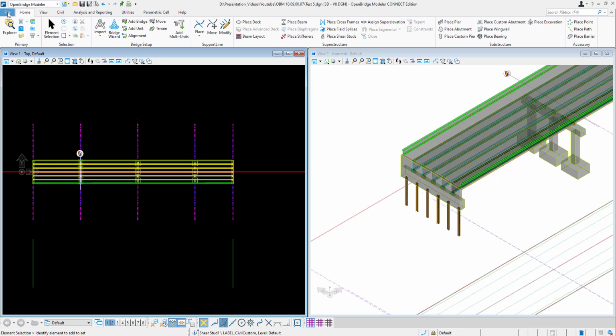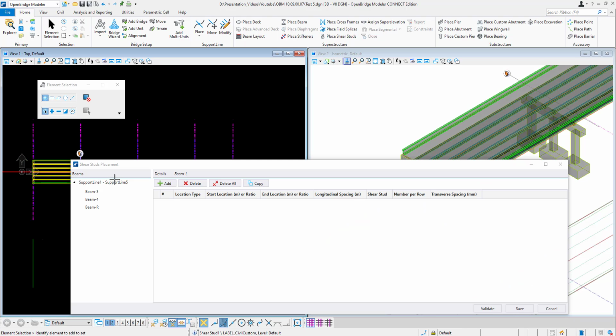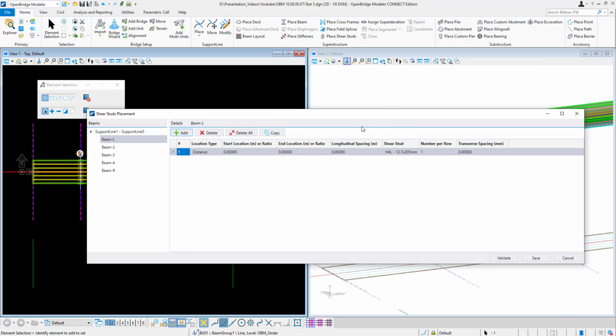now to assign, we need to come here, home, and then we go to place studs. Select beam group. So we select beam group. In this window, we can assign the shear studs. So location type we can define by distance and by ratio. If we know the length of the beam, then we can go for distance. But if we don't know exactly, but we want to assign by ratio, we can